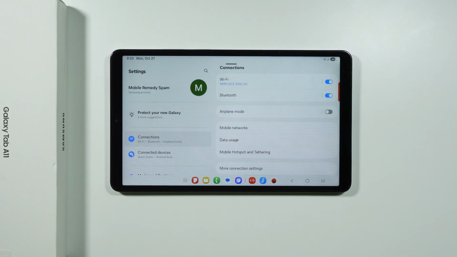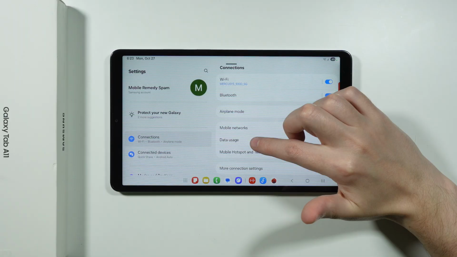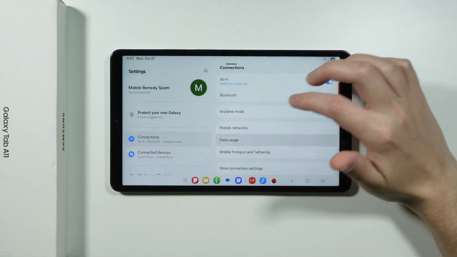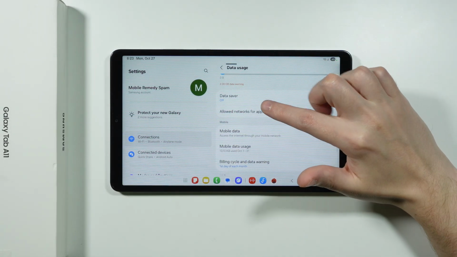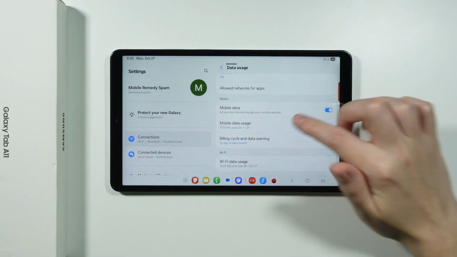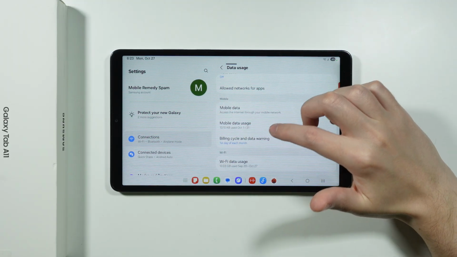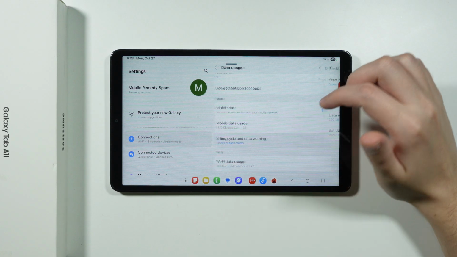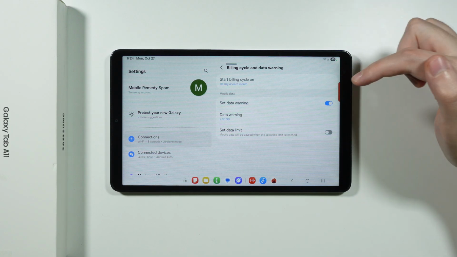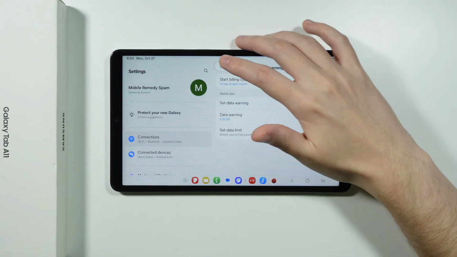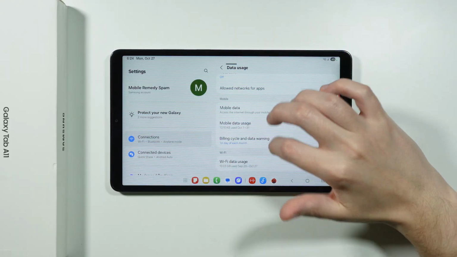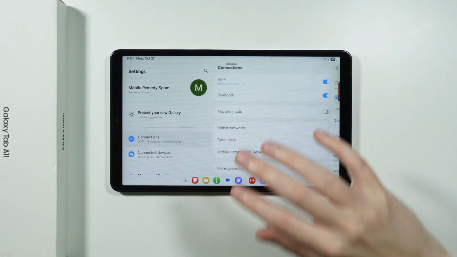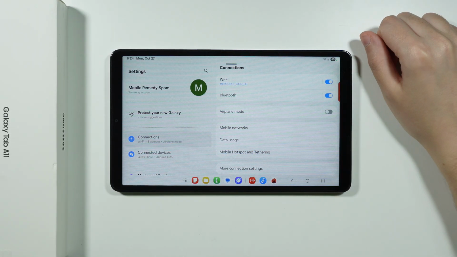If you use mobile data, then usually you have to go to the data usage over here, make sure that the data saver is disabled, make sure that mobile data is of course enabled, and if for example your mobile data keeps disconnecting, then you can go to the billing cycle and data warning and make sure that the data limit is not set up. And this is pretty much everything that we can do just in these settings to solve some issues with the